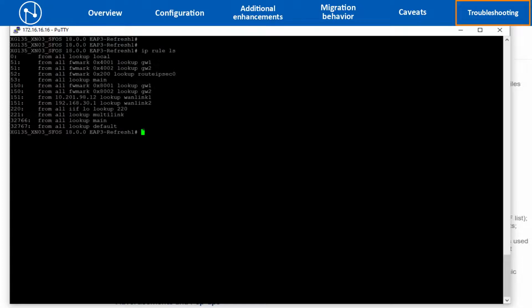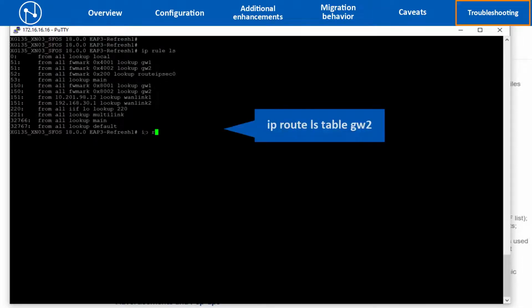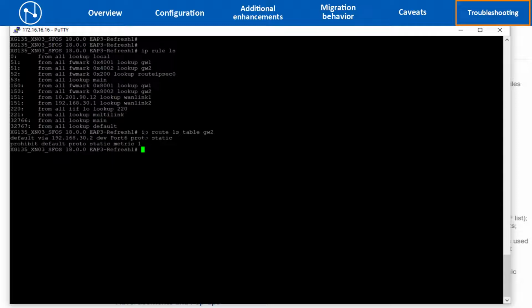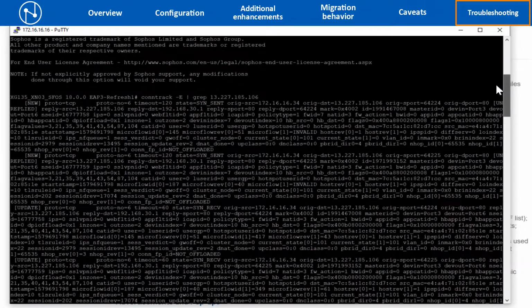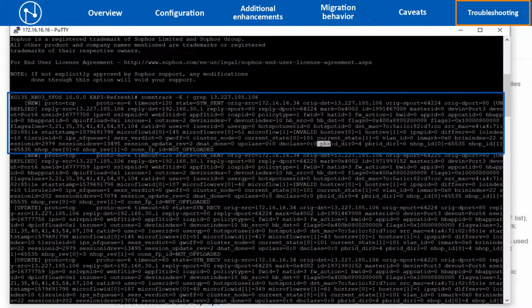Then we use the ip route command for gateway 2 to see the associated interface of this gateway, and as we can see, it shows that port 6 has the ISP2 link terminated on it along with its gateway IP.